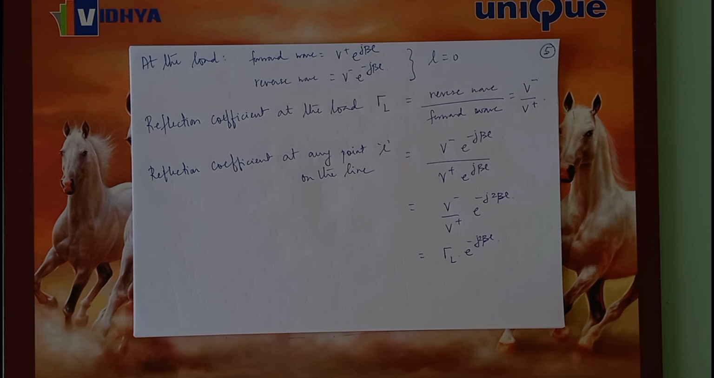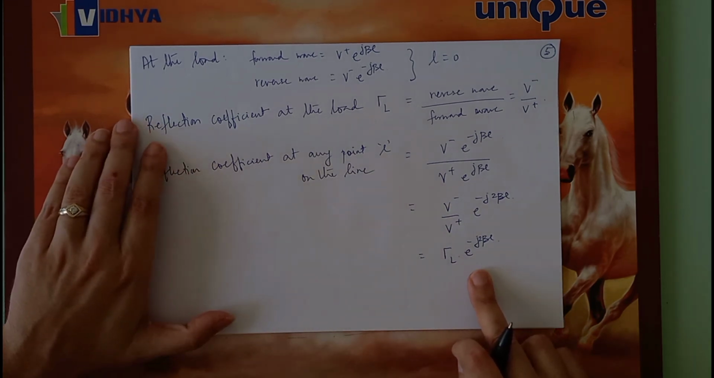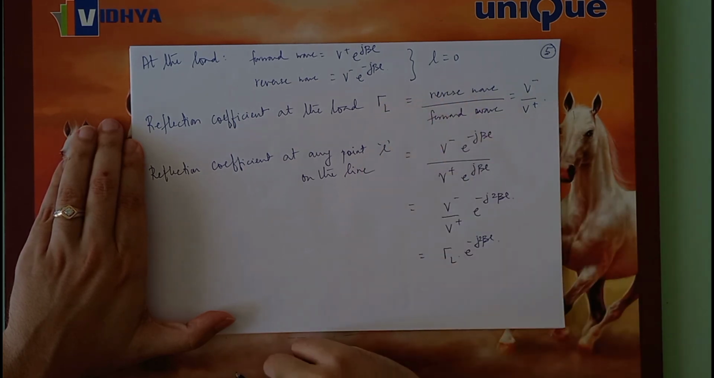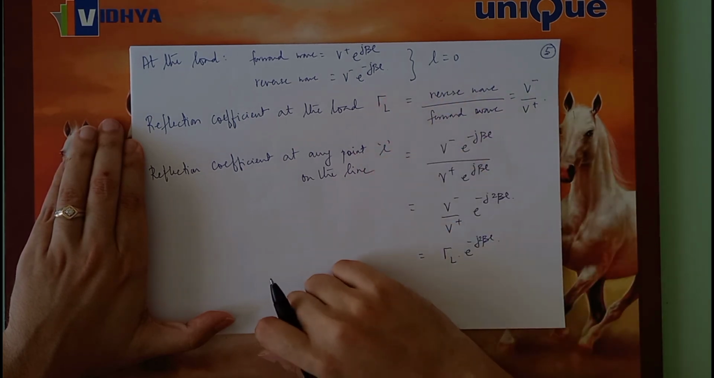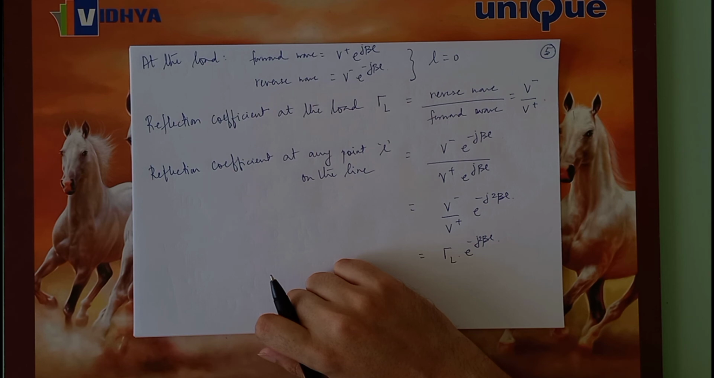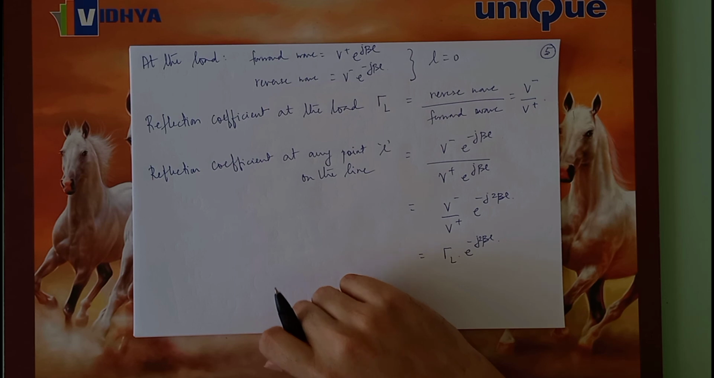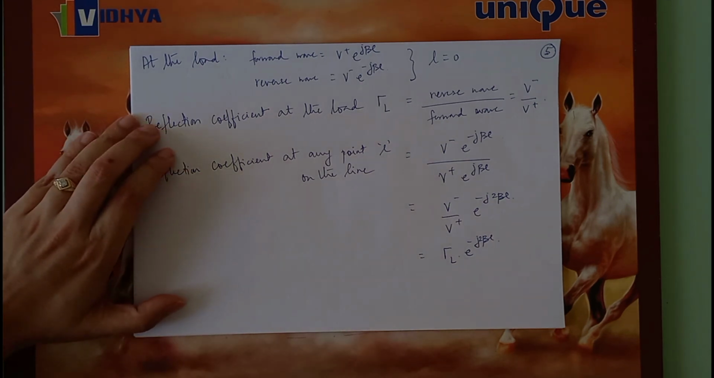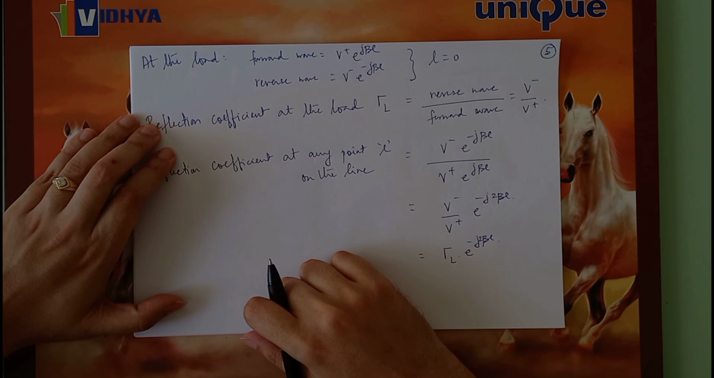So that is one way to find out the reflection coefficient at any point on the line if you know the reflection coefficient at the load. So now if we go back to the load, if we again go back to the load,